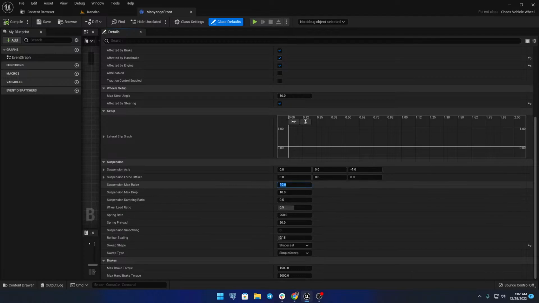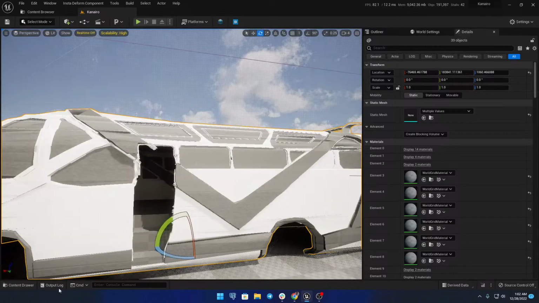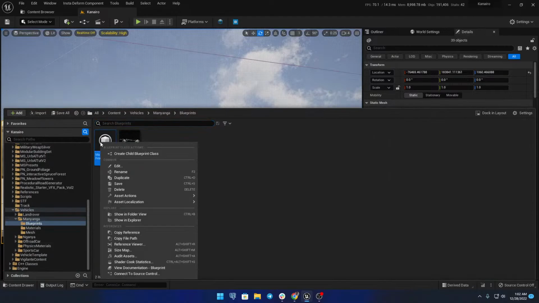I'll change the suspension to 20, just to lift the bus a bit higher. Then damping to 1, spring rate, leave it to start, and pressure 1, suspension smoothing also 1. So I'll leave these as that, save, compile and save, close it, go back to your content browser and duplicate it,